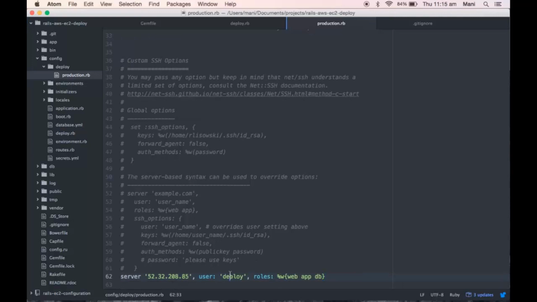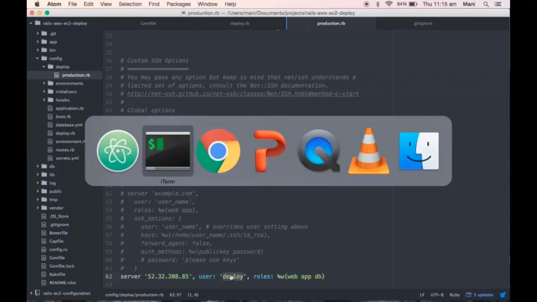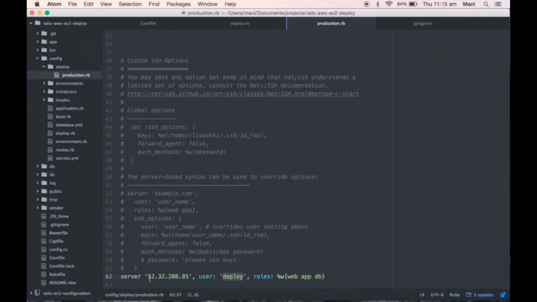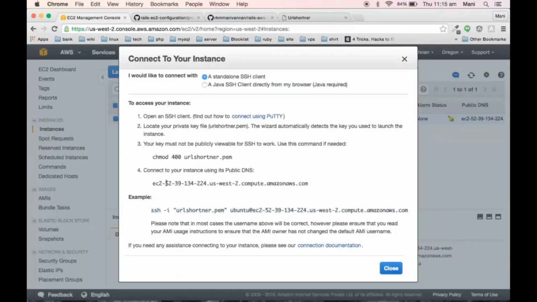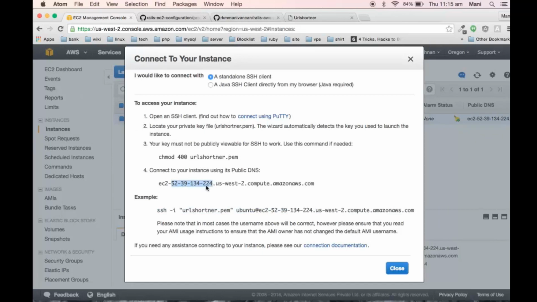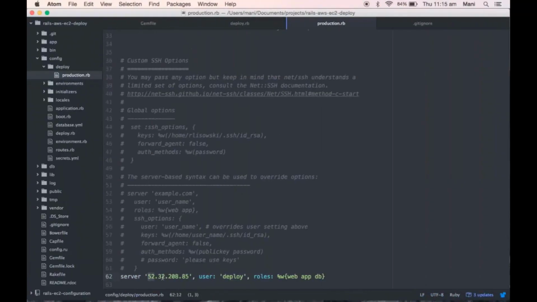Here deploy is my server username. Now we need to set up our IP address. Instead of this, you need to change to your server IP address. So what is my server IP address? It is 52.39.134.224. So now everything is done.